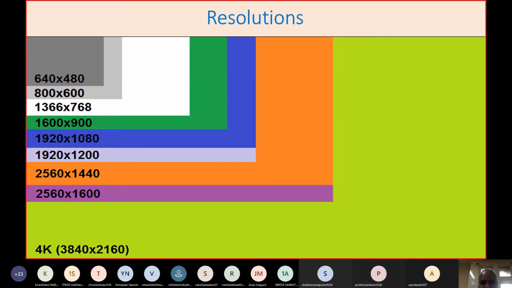Now, today's TVs or HD TVs, or normally now you say a 4K TV. 4K TV means it has double the HD resolution. As I said, HD resolution is 1920 by 1080. If you multiply this resolution by 2, 1920 by 1080 is really HD resolution. But now demands are there, and in the consumer market, TVs and even monitors are coming with higher and higher resolution. The higher the resolution, the better is the quality of the picture. Obviously, the video processing needs to be more, and the video RAM requirements are more.